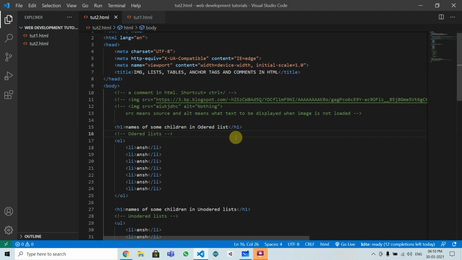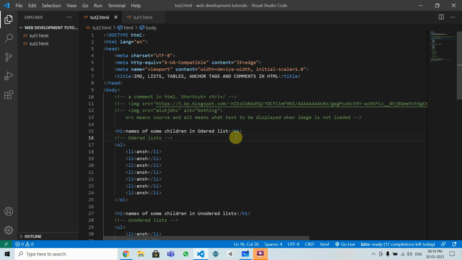In this video we will learn about the HR, BR and div tags, these three tags, and making some forms. So let's get started. First I will make a file which will be known as